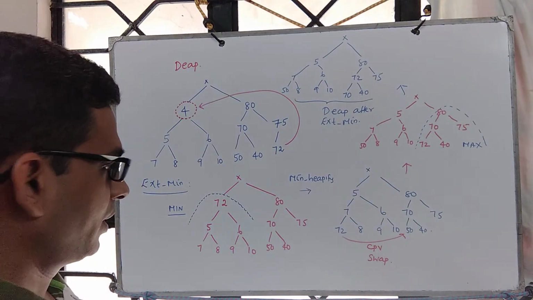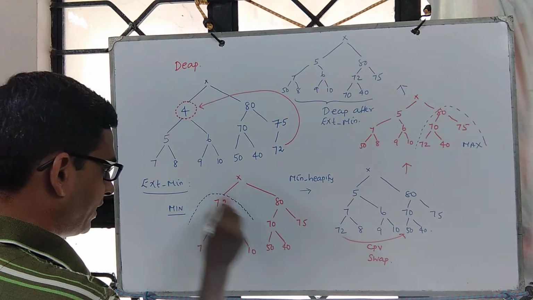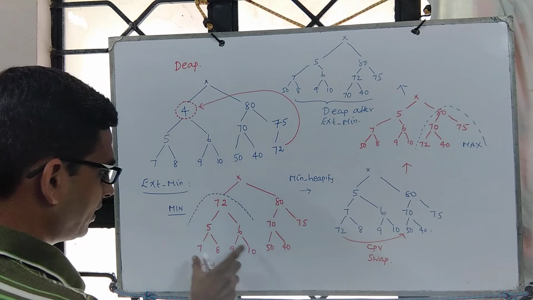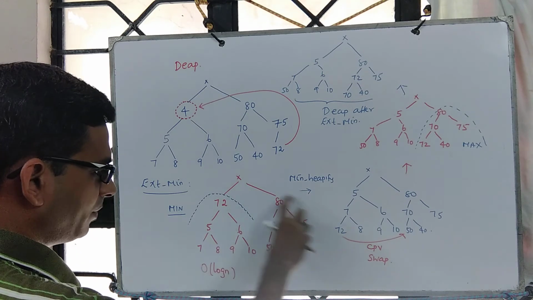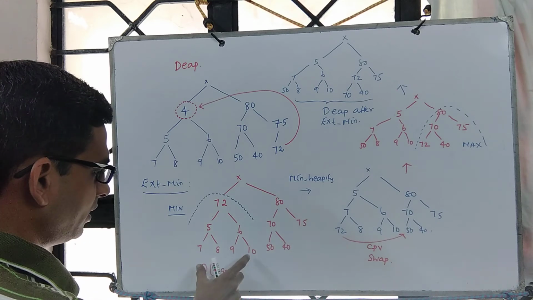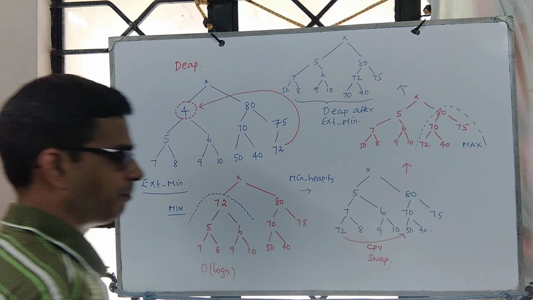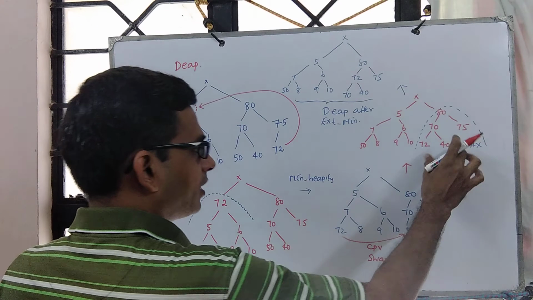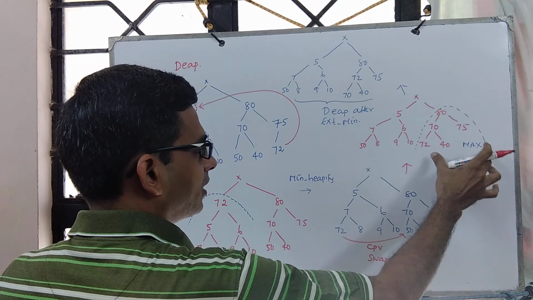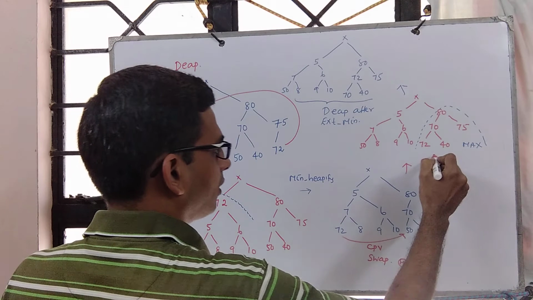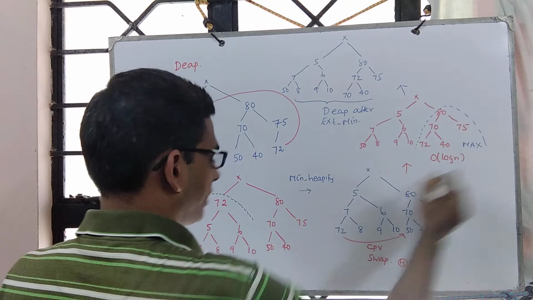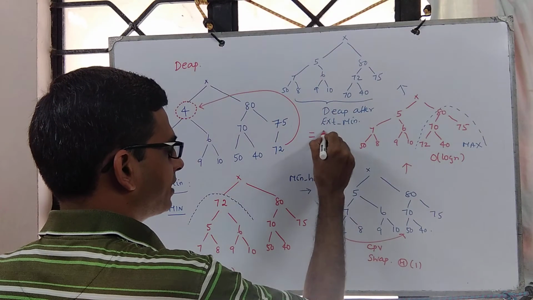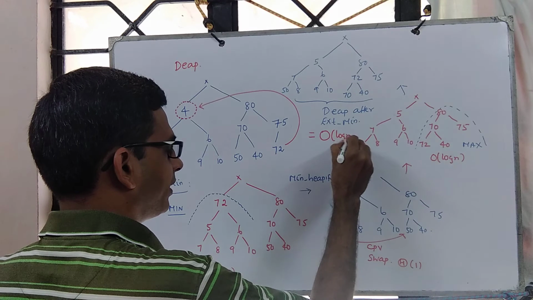So now you see that to set right this we need order log n effort. You can see that this will be approximately n by 2, this will be the rest, and then this may take a function of n, so it is order log n. The correspondence property check is constant, and again in the worst case this is n by 2 and this may take order log n effort. So it is order log n plus constant plus order log n. So in the worst case, to set right extract min, we need order log n effort.